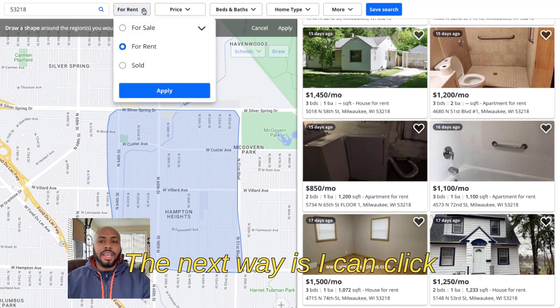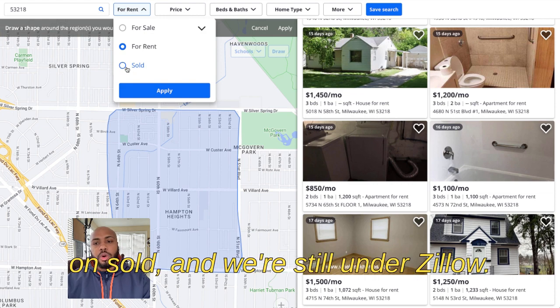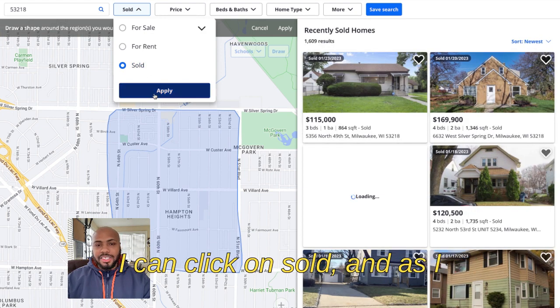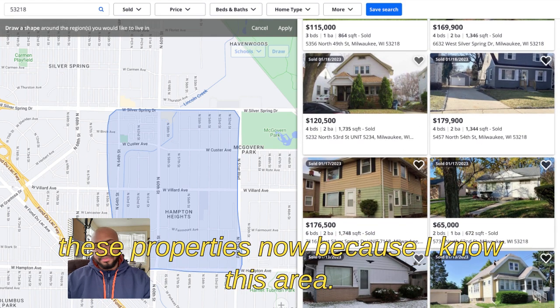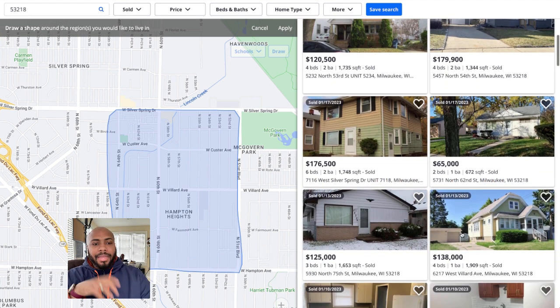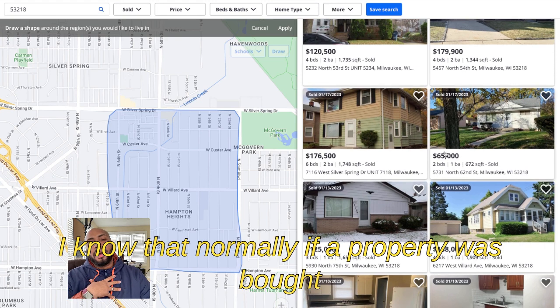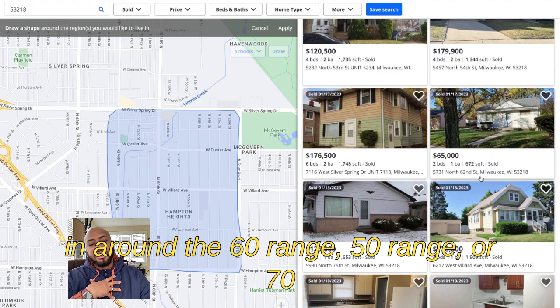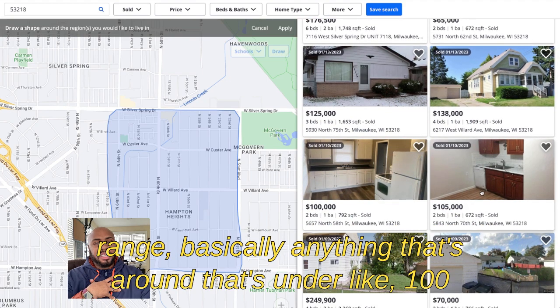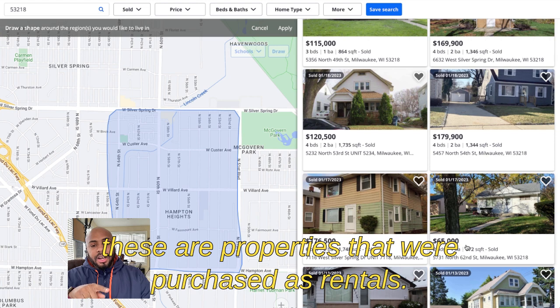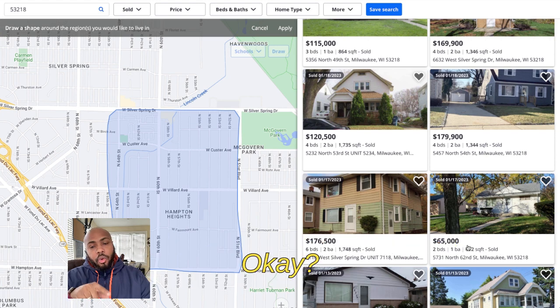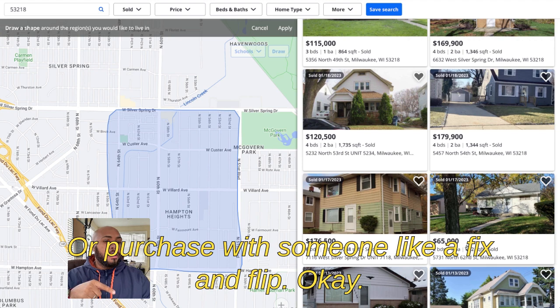The next way is I can click on sold, and we're still under Zillow. As I click on sold, I can select any of these properties. Now, because I know this area, I know that normally if a property was bought in the 60 range, 50 range, or 70 range, and basically anything that's under like 100 grand in this particular area, these are properties that were purchased as rentals, or purchased by someone for a fix and flip.